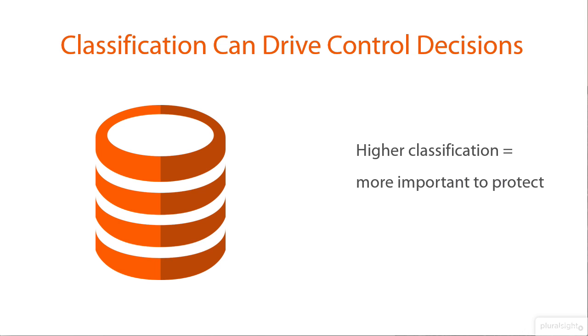Take a previous example we've discussed, for instance. We have two servers. For most things, they are similar. Some differences could be that they have different operating systems and applications loaded on them. From a classification perspective, they are essentially the same, as there isn't a distinguishing characteristic to classify them differently for our purposes, except that the first system contains an application that provides employees with a directory for the organization, and the second system contains an application that human resources uses to maintain records on employee pay rates, their personal identifiable information, and other sensitive data.